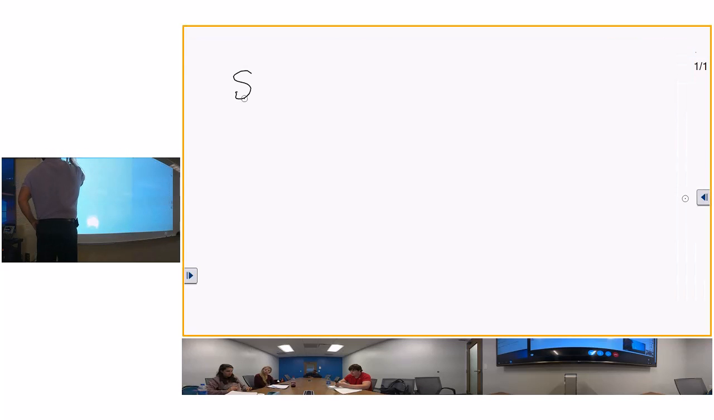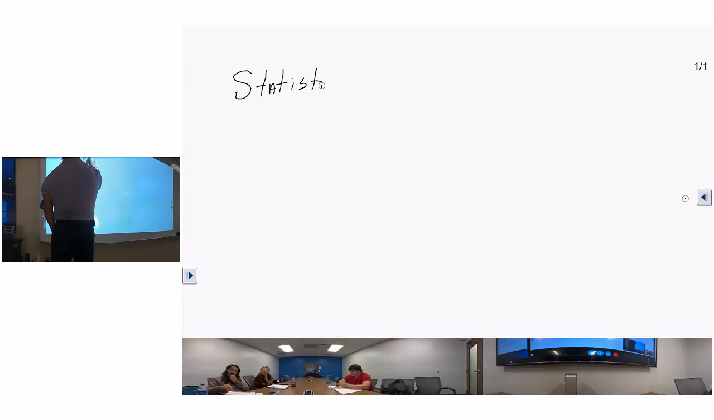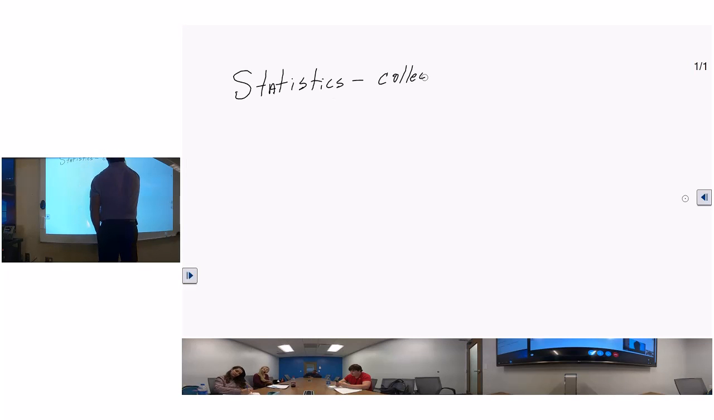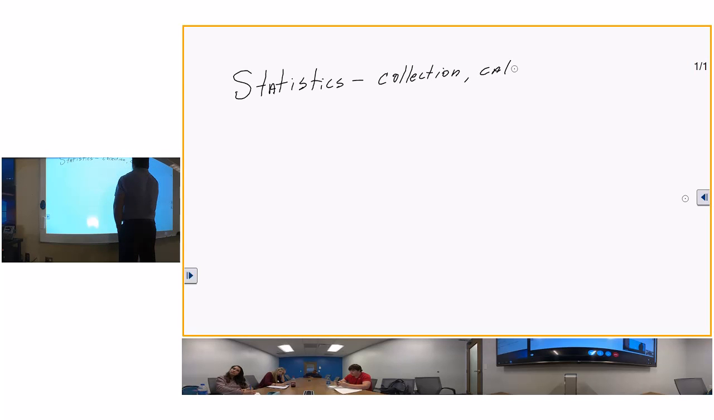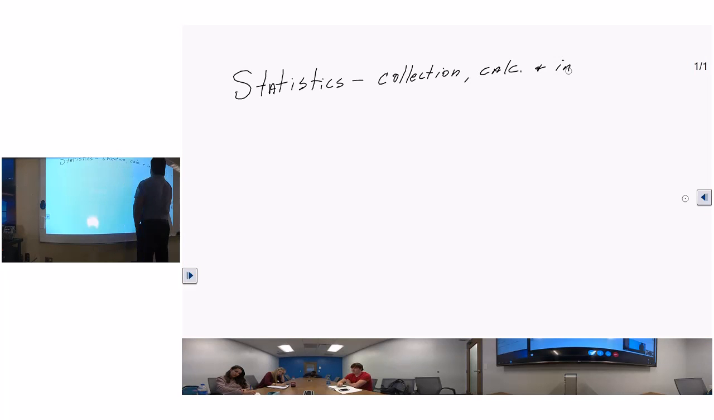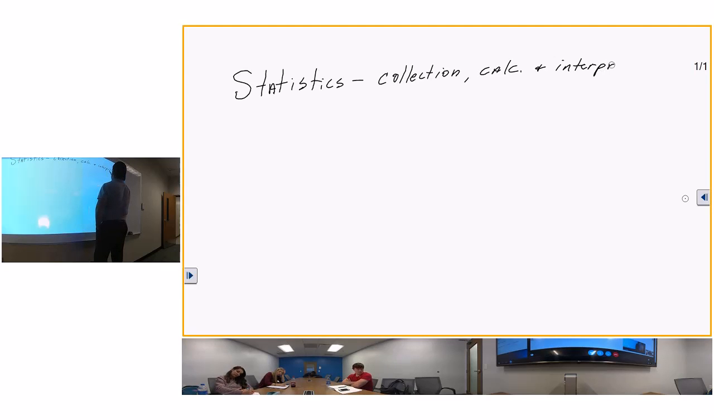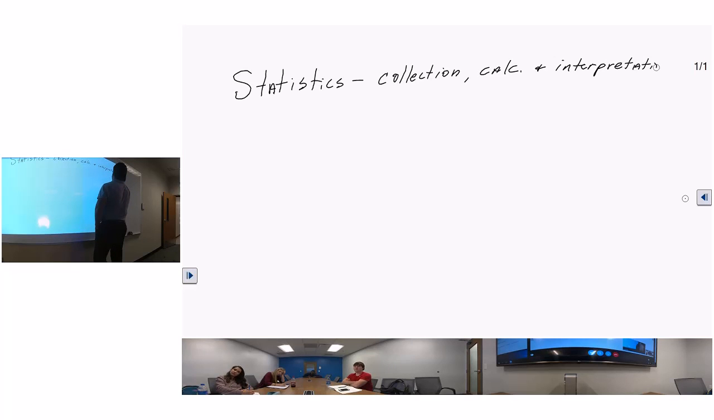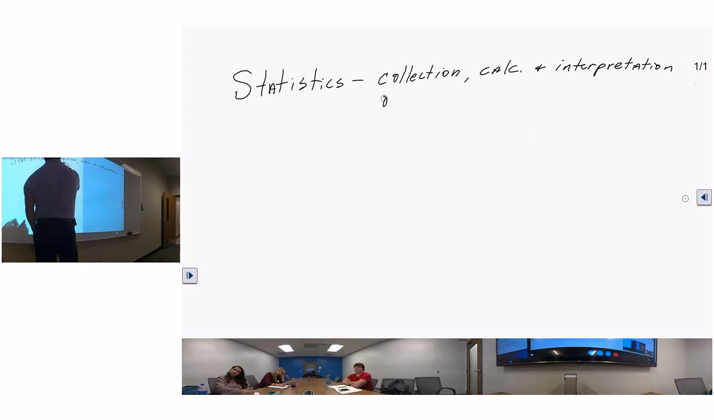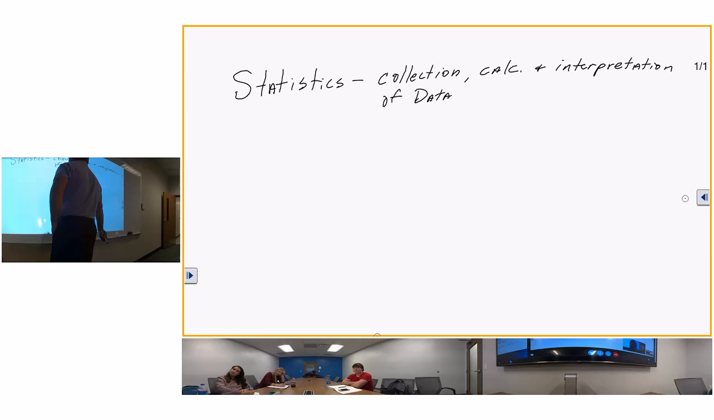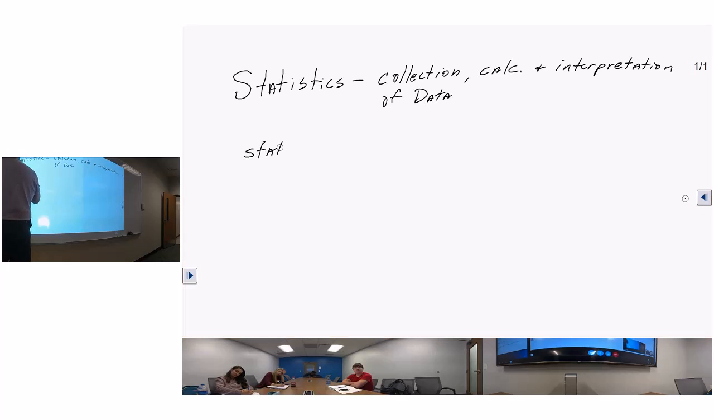All right. Capital S is the collection, calculation, and interpretation of what? Numbers, data. Data. Yep. Little s, statistics,